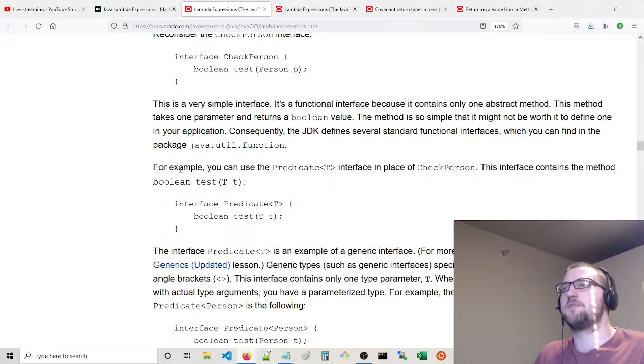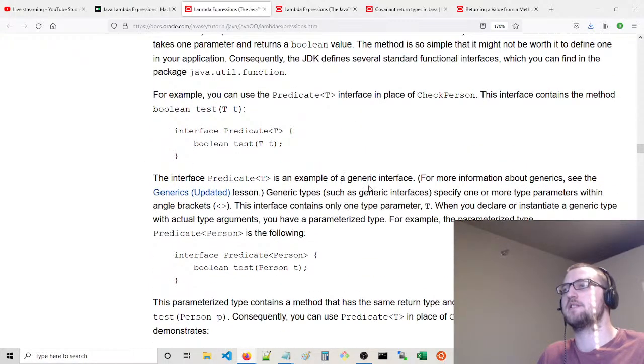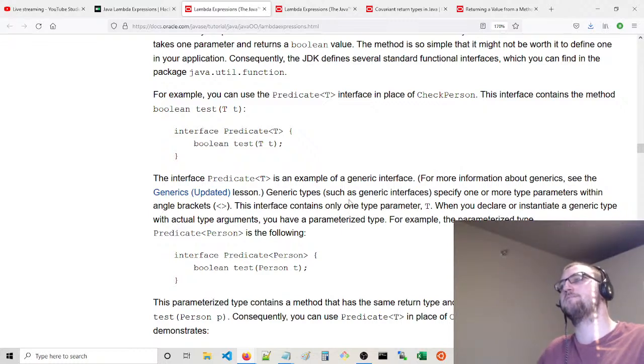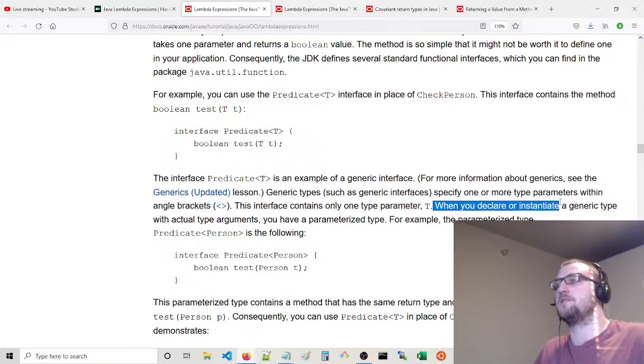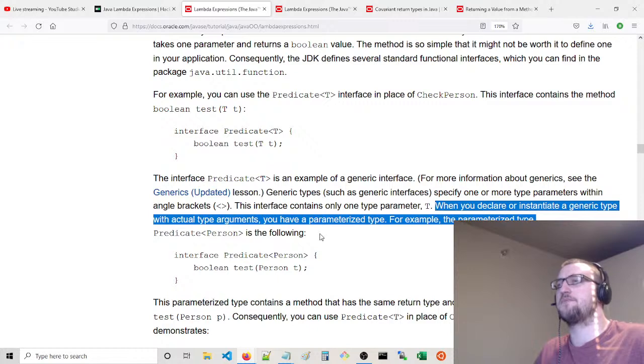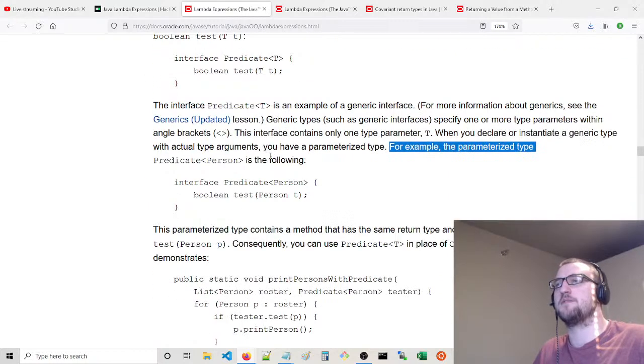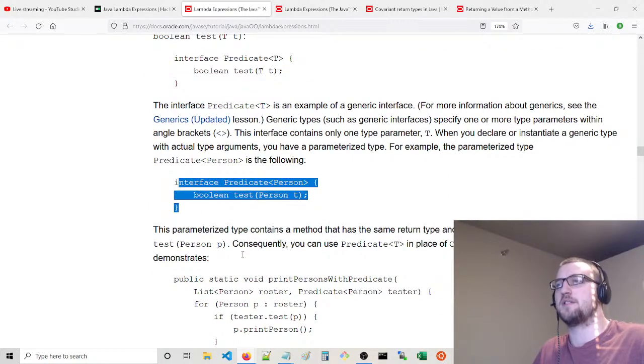For example, you can use the Predicate<T> interface in place of CheckPerson. This interface contains the method boolean test(T t). The interface Predicate<T> is an example of a generic interface. For more information about generics, see the Generics lesson. Generic types, such as generic interfaces, specify one or more type parameters within angle brackets. This interface contains only one parameter, T. When you declare or instantiate a generic type with actual type arguments, you have a parameterized type. For example, the parameterized type Predicate<Person> is the following: interface Predicate<Person> { boolean test(Person t); }